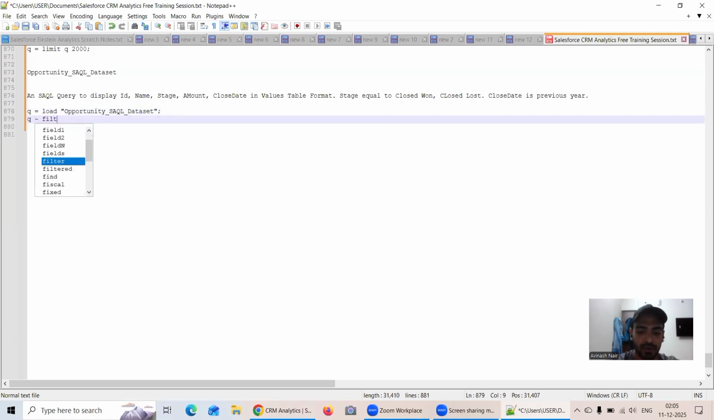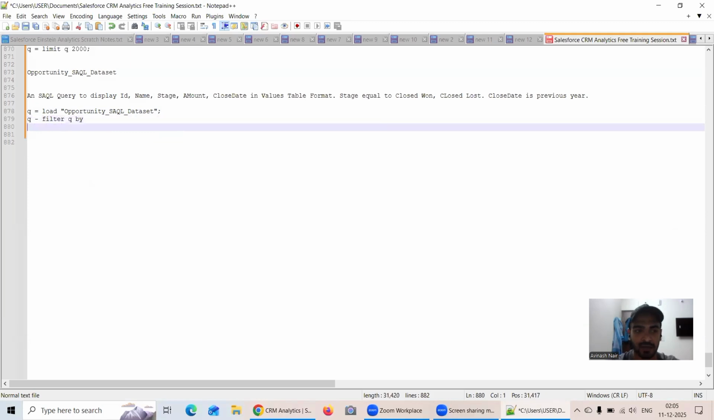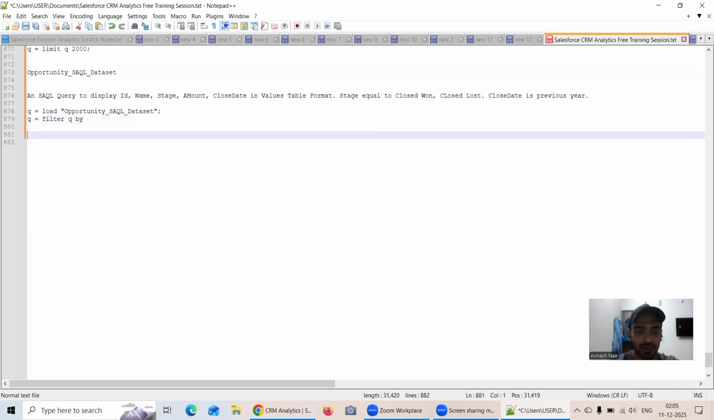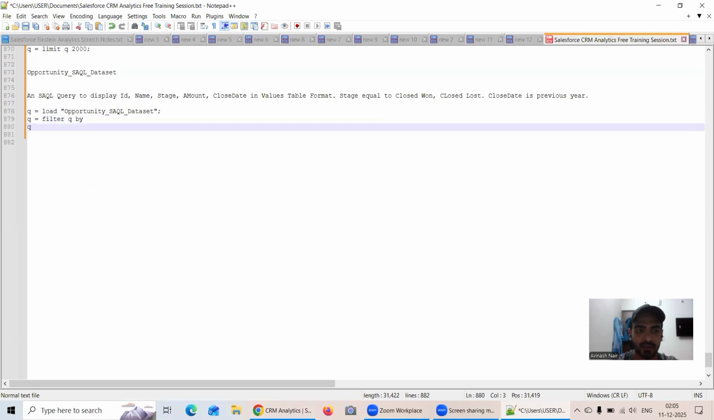Q equal to filter q by. Okay, I will write the filter later. That is fine. And here I don't have a group, so I will directly go for generate statements. Q equal to